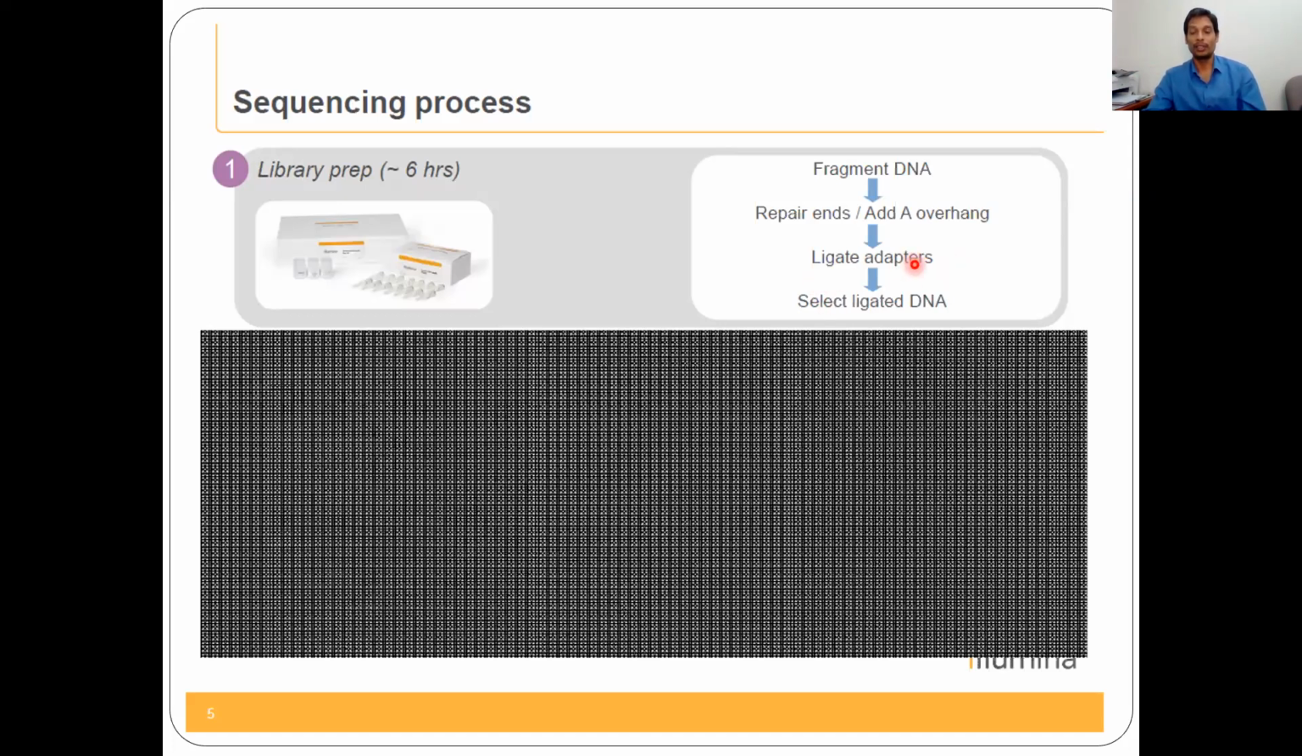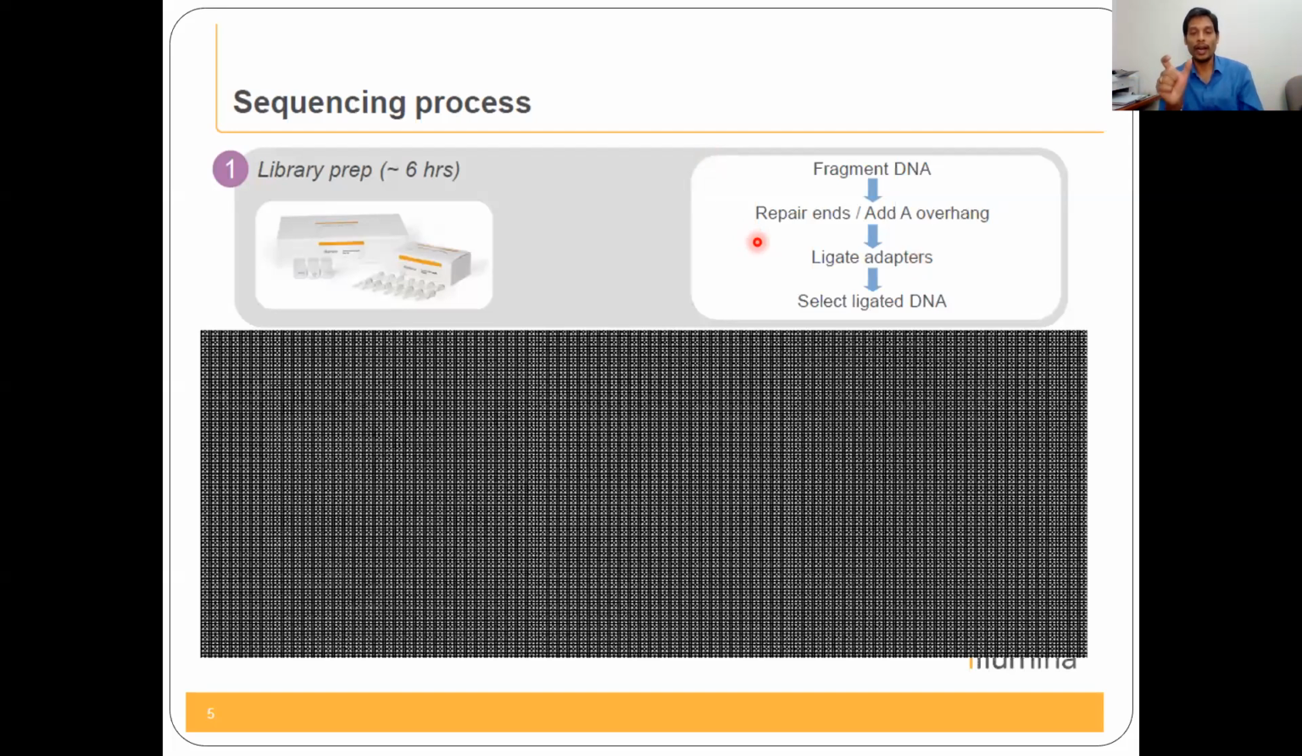Ligate the adapters. So the DNA, until now what we are talking about, we don't know the sequence of it. Without knowing the sequence, what we have done is repairing, that means both strands to be equally present. Another thing, without knowing the sequence, we have added the poly A tail, this side and that side, 5 prime and 3 prime. The next one is ligating the